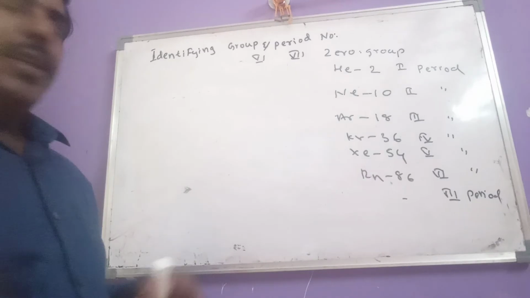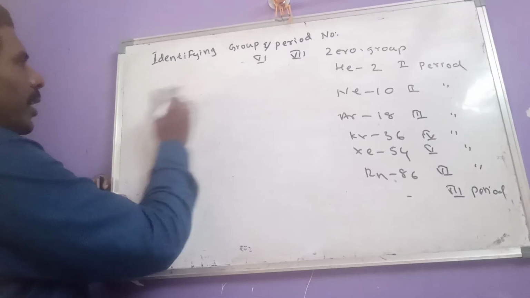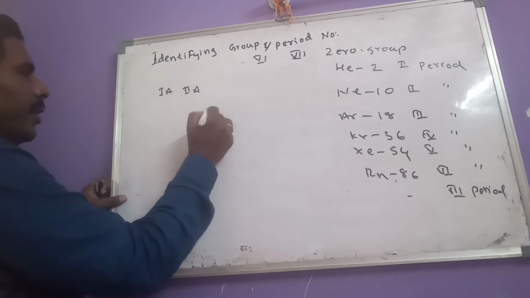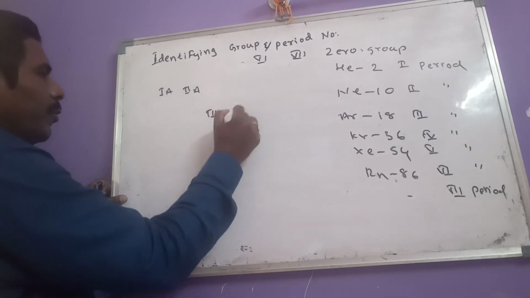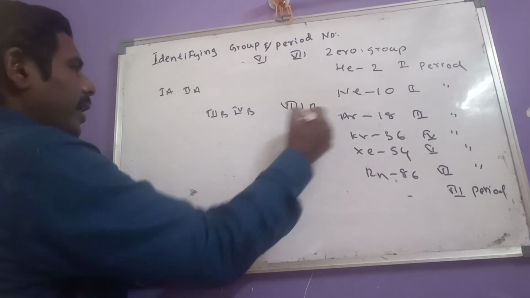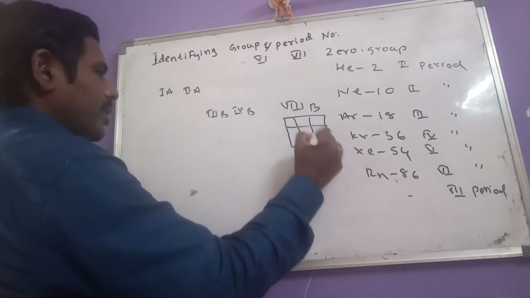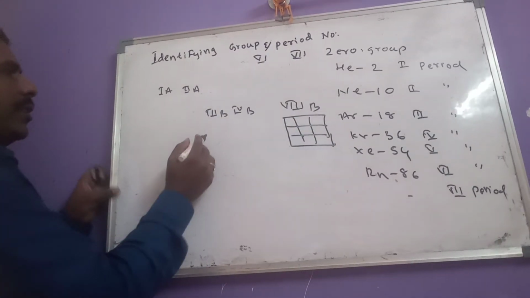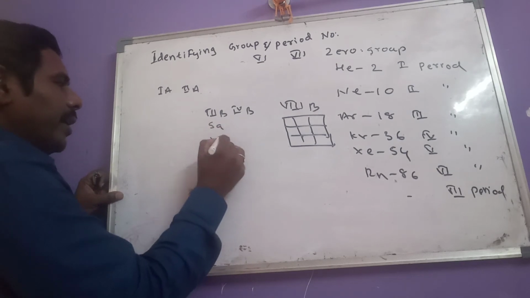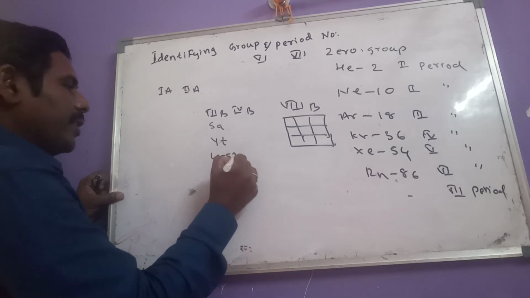So first, regarding lanthanides and actinides, let us see here. If you consider the periodic table, first A group, second A group are there, and here third B group, fourth B, and so on. Here the eighth B group contains 3 subgroups, known as transition triads. Now in third B, the first element is scandium, the second element is yttrium, and the third element is lanthanum 57.